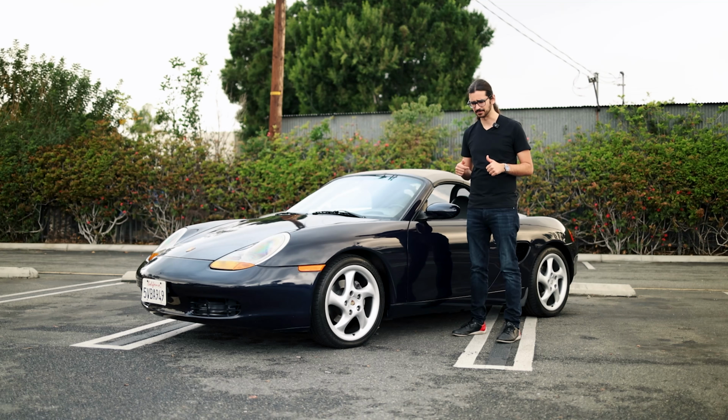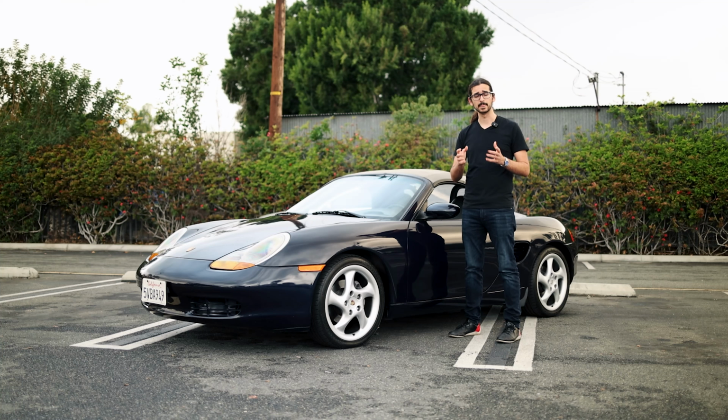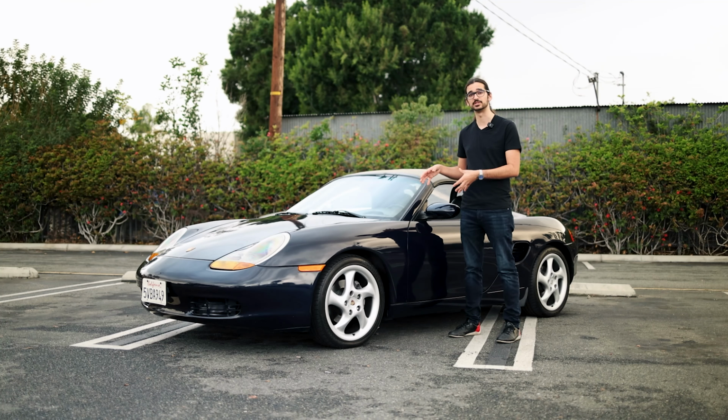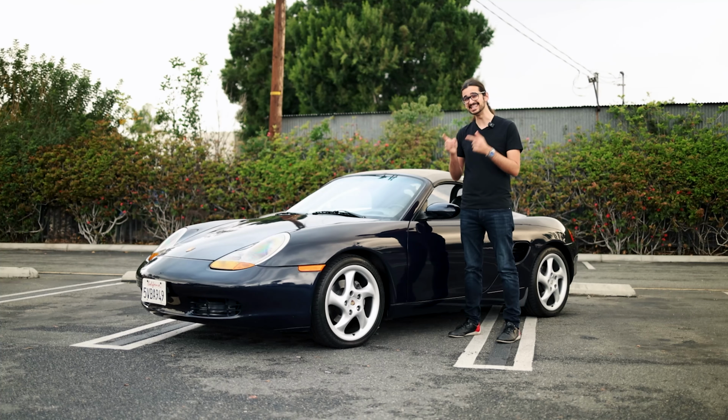But that got me thinking. I have a 987.2, I love that car, it's a great car. But what is the 986 generation like? Well, thanks to a very kind gentleman who owns this 2000 Porsche Boxster, which is a 986 generation, we're going to find out. And we're going to answer the really important question of, is the 986 generation Boxster still worth